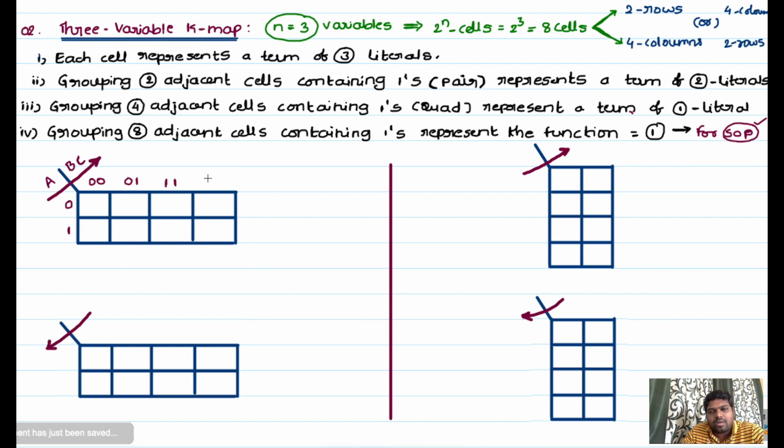The next column is assigned 1 0. Now if you observe these two, the first bit positions are both 1, and the second bit positions are 1 and 0. So the second bit position changes. That means one bit position is changed from 1 1 to 1 0, so it maintains the Gray code sequence, and we will get the minimized boolean expression. Like that you can assign binary numbers to this K-map.